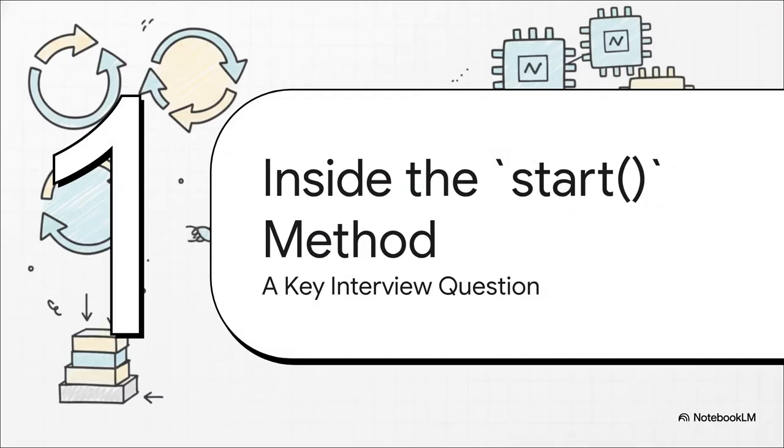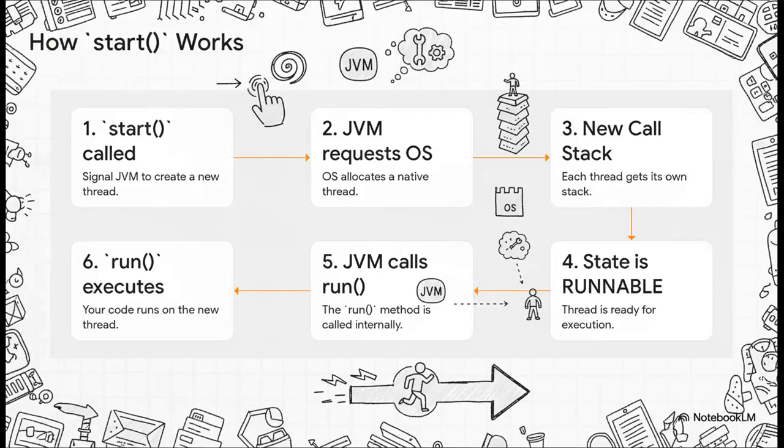Okay, so we've got the 4 methods down, but a good interviewer is going to hit you with a follow-up. They love this one because it shows if you actually understand what's happening under the hood. The question is, what really happens when you call the start method? Let's break it down. When you call start, you are not calling your run method. What you're really doing is telling the Java virtual machine, hey, I need a new thread. The JVM then talks to the operating system, gets a brand new native thread, sets up a fresh call stack just for it, and then marks it as ready to go. Only then does the JVM call your run method for you, but it makes sure it executes on that new,